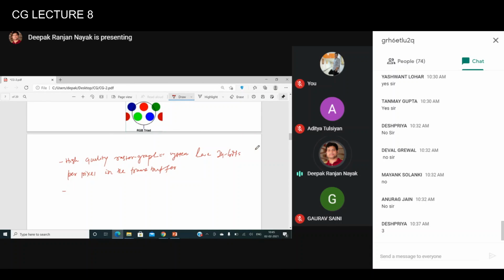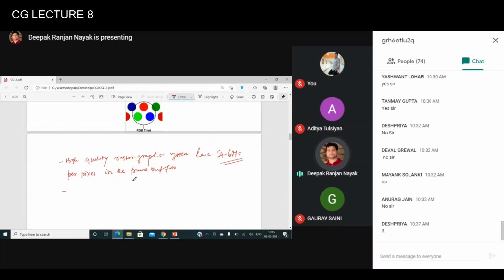And how many colors are possible using 24 bits, that you all know, right? We're talking about the color systems, the raster graphic system, basically the color system. That is why we're talking about 24 bit, right? You can calculate 2 to the power 24. The value is around, I think, 16.7 million, if I'm not wrong.